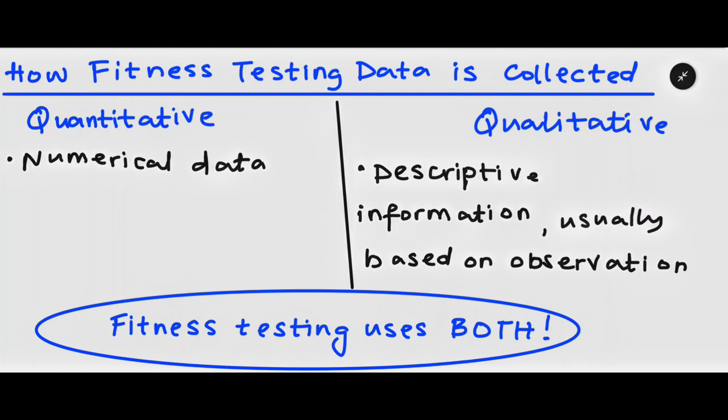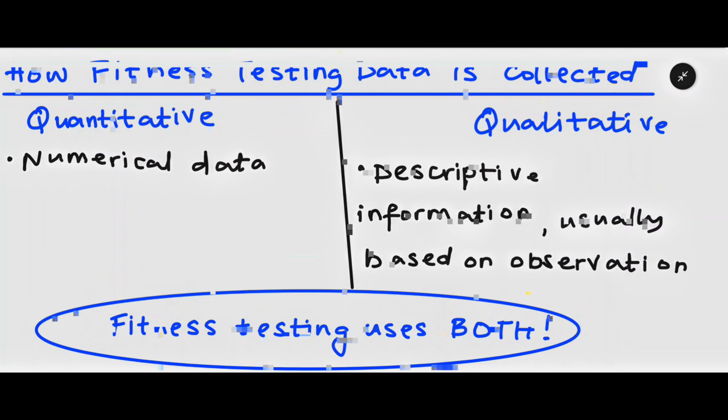Qualitative data, on the other hand, is more descriptive information that is based on observation. So an example of a qualitative observation could be saying the technique was good, or the technique was poor, or the technique broke down during the later stages of the bleep test. That's an example of qualitative data. So it's important to understand these two types of data and understand when and how to use them when collecting